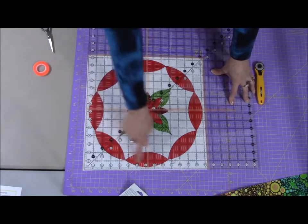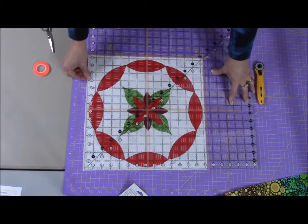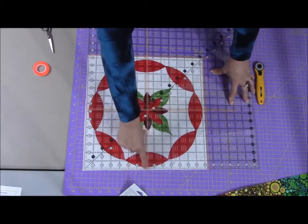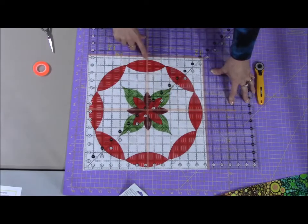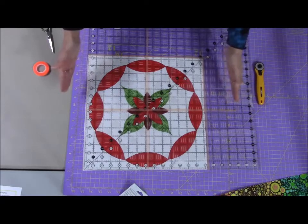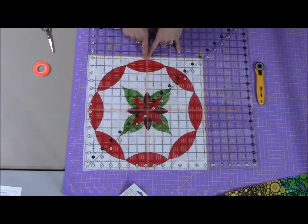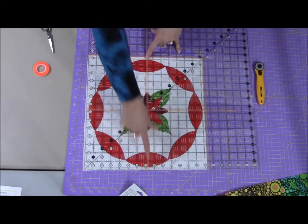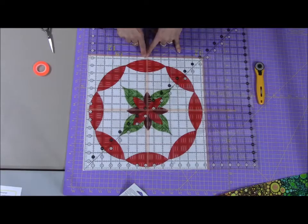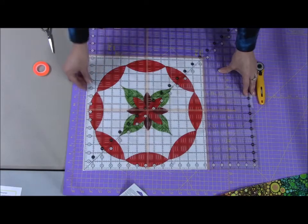What we're trying to do is center this ring within that 14 1/4. Now there needs to be at least 1/4 inch here, and 1/4 inch here, 1/4 inch on this side, and 1/4 inch on this side beyond the ring. But you're going to find, because it's shrunken in a tiny bit, there's a little bit more than 1/4 inch here. So you want to center it so that the ring is the same distance away from this edge and this edge. So you're going to see 1/4 inch and then still a little bit of white